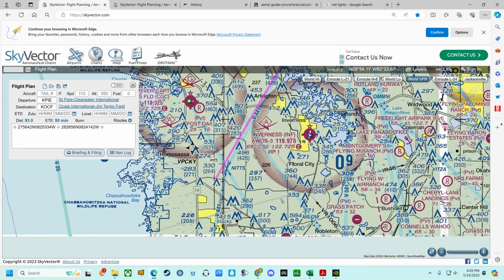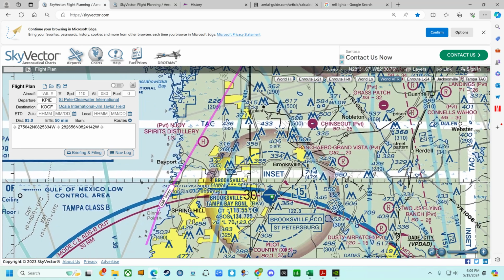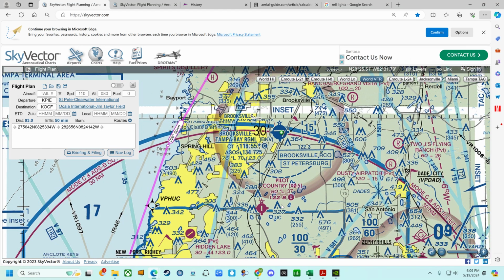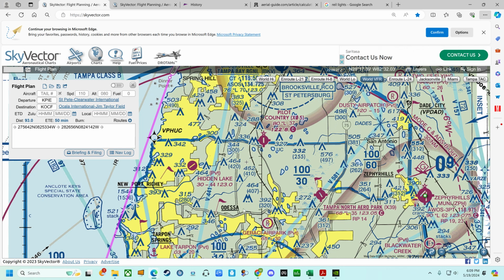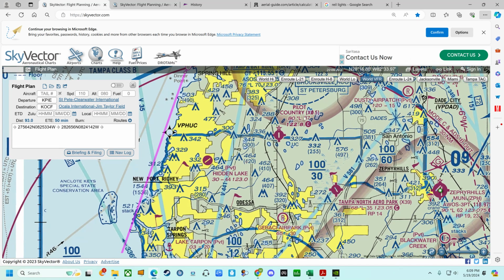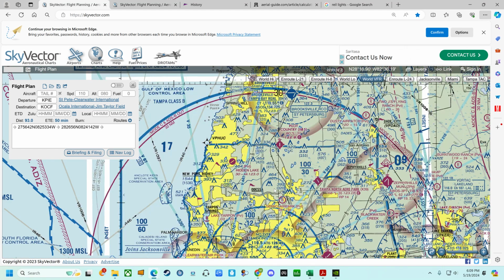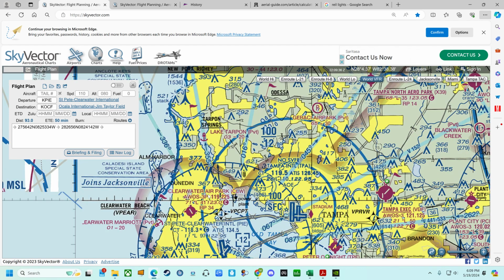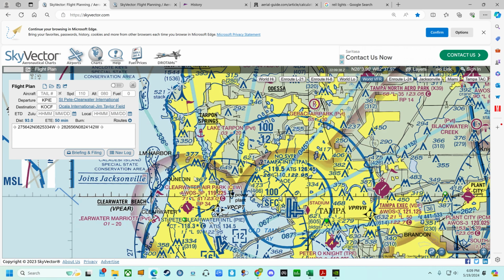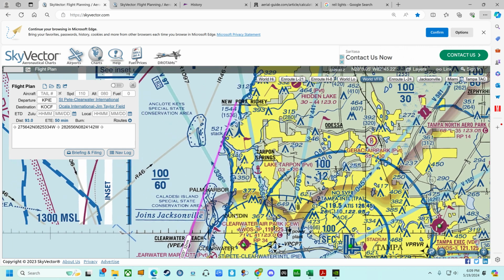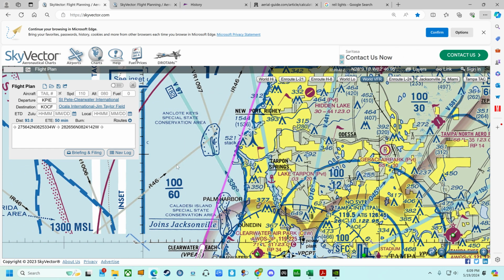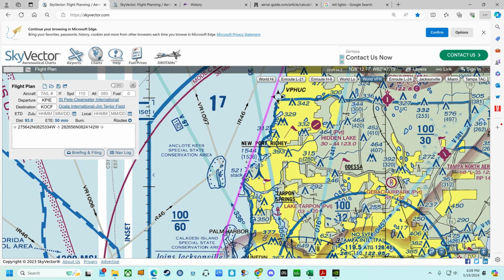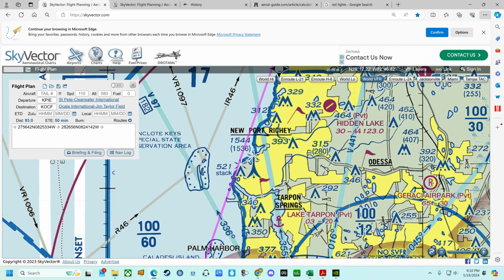Especially at night, major highways that have a lot of traffic are going to be very well lit. So that's good to track a highway if you're doing a night VFR flight. Also on your sectional chart, all of this yellow shading means populated areas with a lot of lighting, right? So if you're doing a night VFR flight, the ocean is obviously going to be very dark. And if you're tracking the coastline, you should be able to see this well-lit area in yellow. And then,